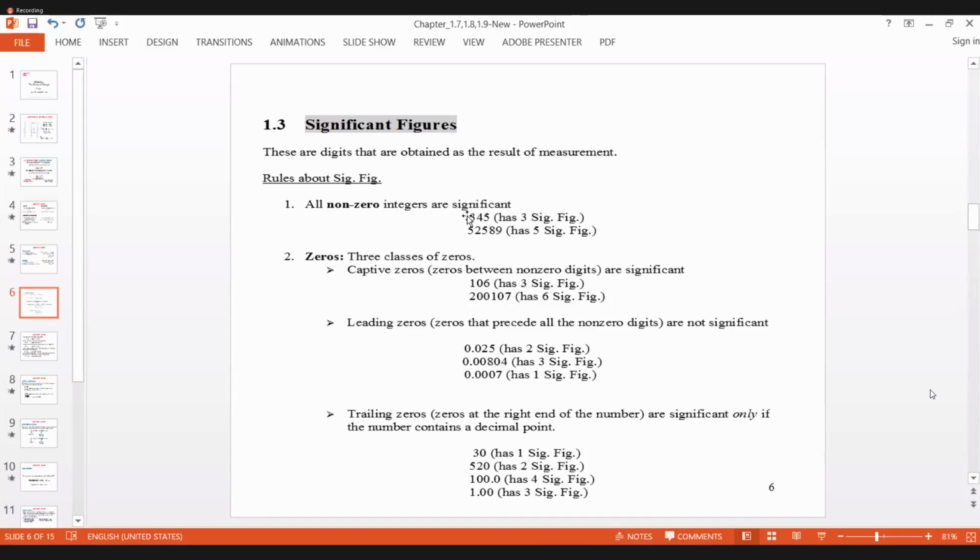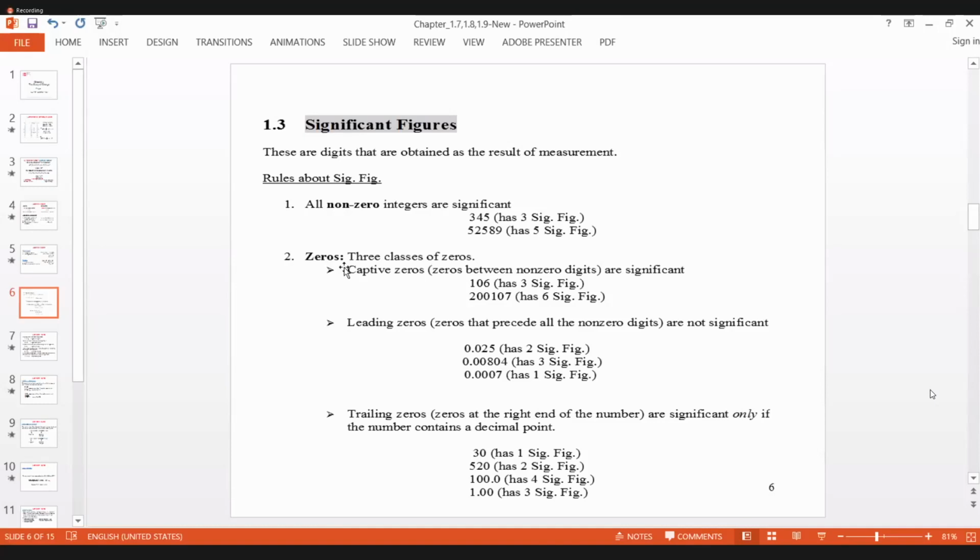So how many figures do you have? 3, 4, 5, you have 3 significant figures, 1, 2, 3. And in the second case, how many figures do you have? 1, 2, 3, 4, 5 significant figures. So you have to write 5 significant figures. Now second